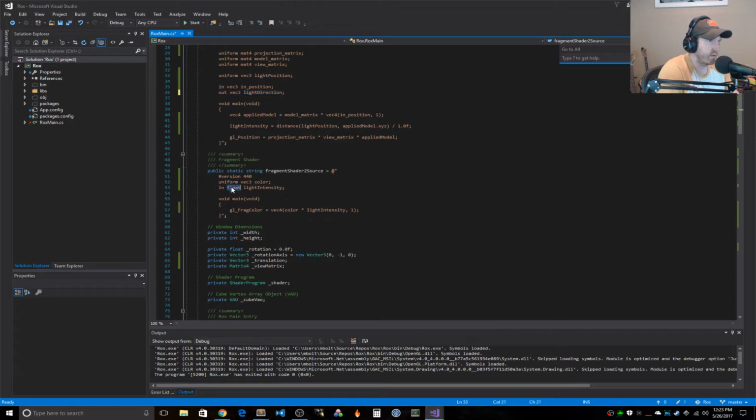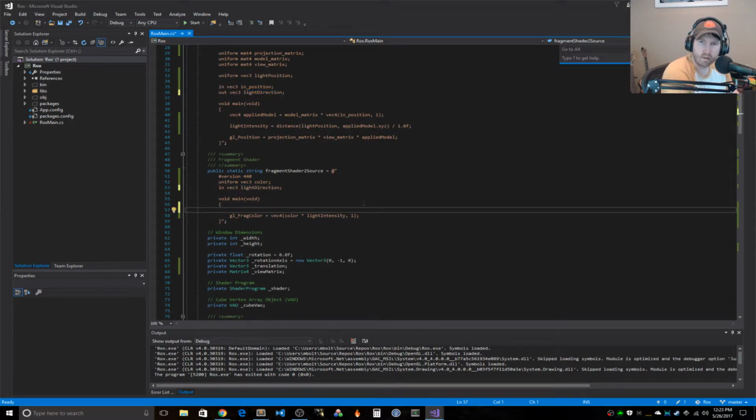And we'll make this vec3 light direction, and then the clamp is the dot product. Let's see, what is